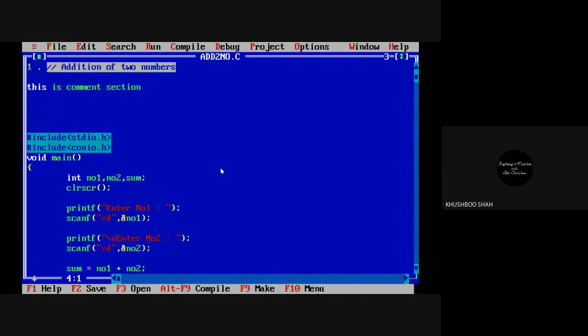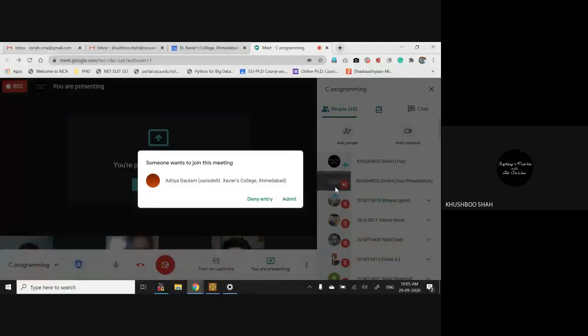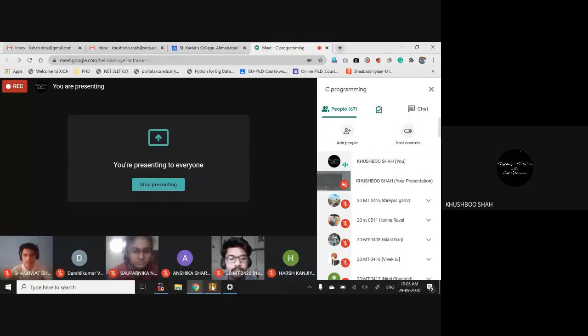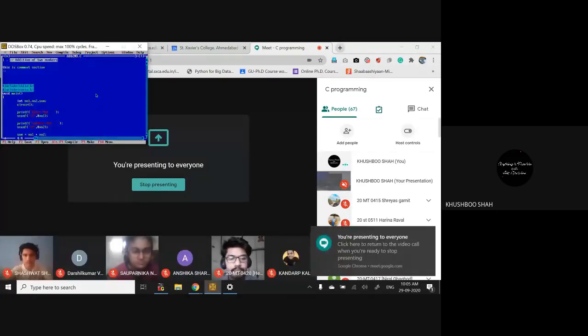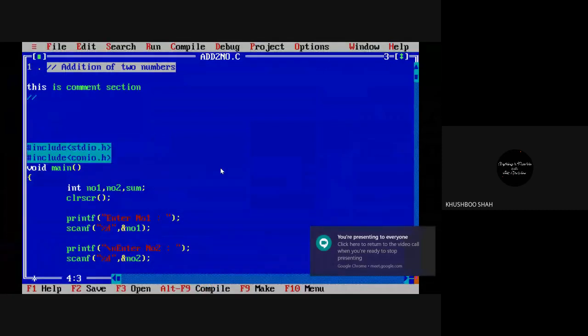And how to write the comment? You can use two slash. Two slash is a sign or a symbol to give the command to the program, to the instruction. And what does it mean by that? The compiler will not execute this line.